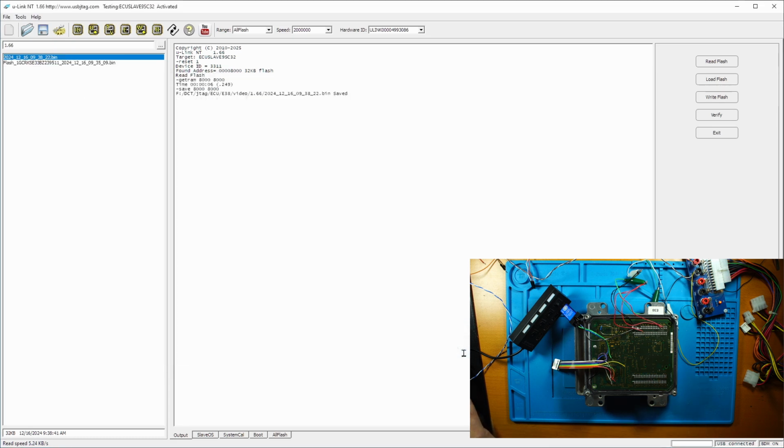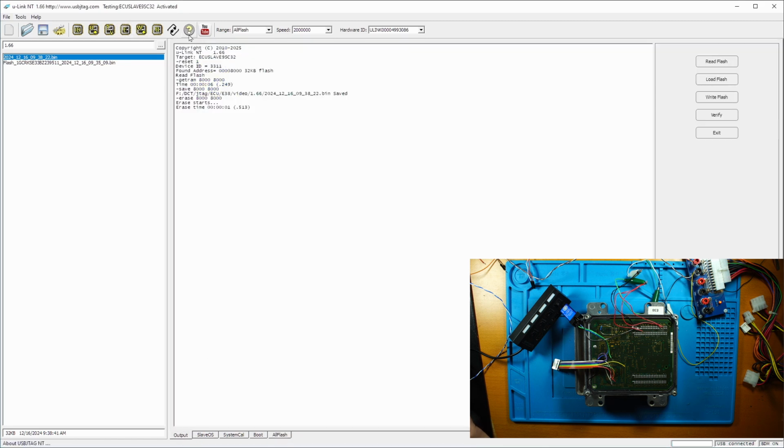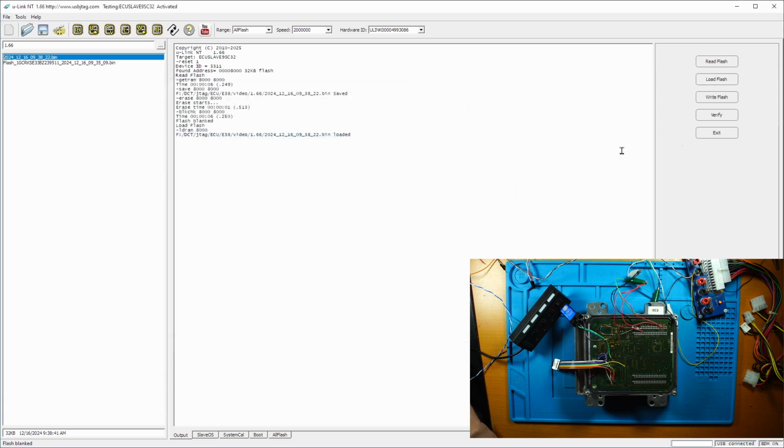So this is done. Let's erase everything so we can program it. So let's erase it. And blank check it. So now it's blank. This is just for demonstration purpose. If you just want to program, you can load this flash the way you want. So load the slave, and then you click the write button, and you write